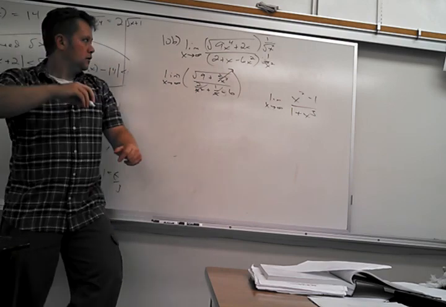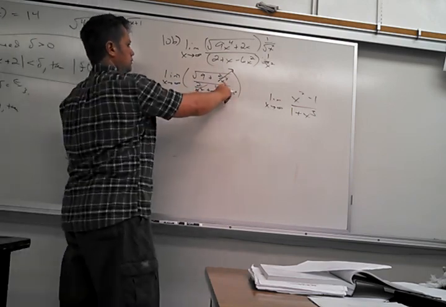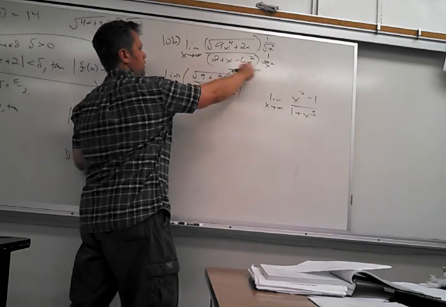Is that 2 over x squared? I can't really see. Here? No, there. Yeah, 2 over x squared. Okay,